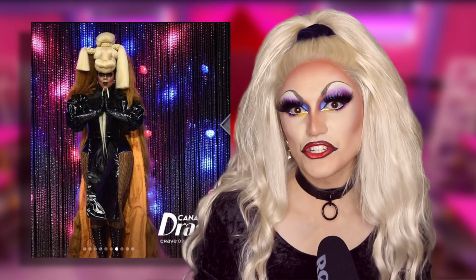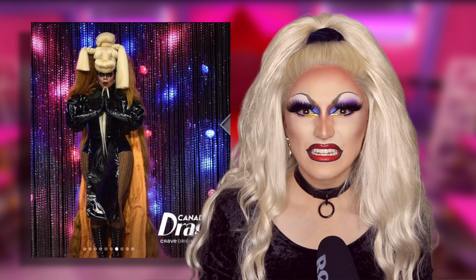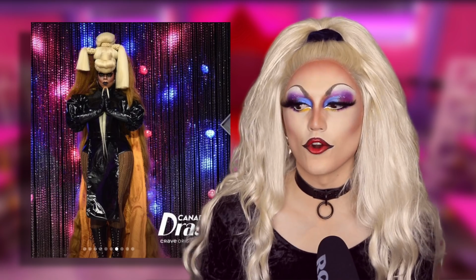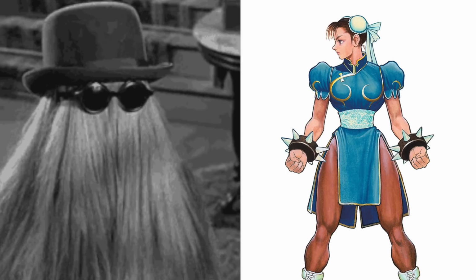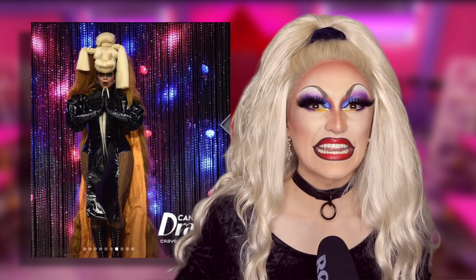However, the reveal is lost in translation. When she turns around, she says that she's giving Chun-Li, but really I just got Chun-Li's grandpa. And yes, I do very clearly see what she was trying to go for and what she was doing with that wig hat on her head, and I do super appreciate it. But those two very disparate references just didn't meld in a way that made any sense